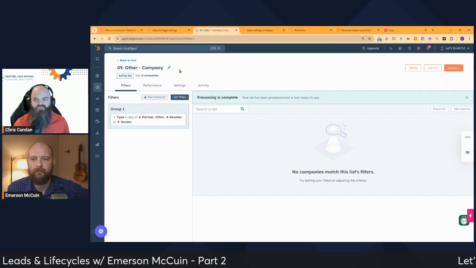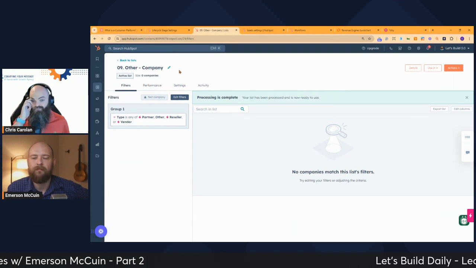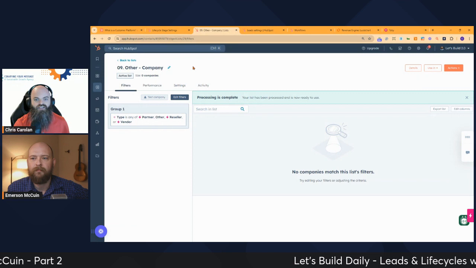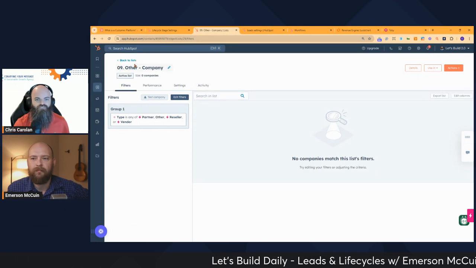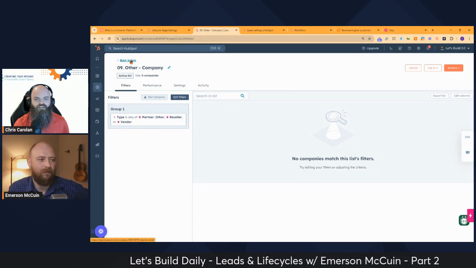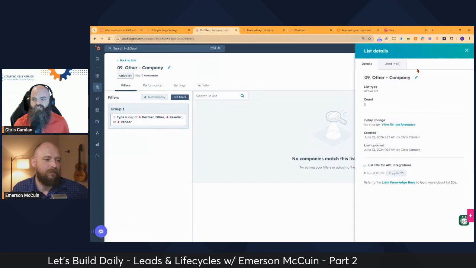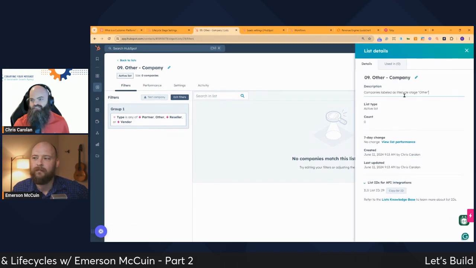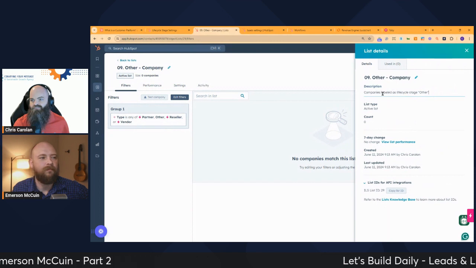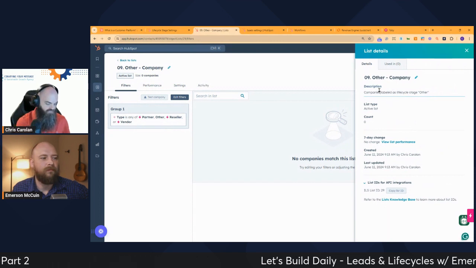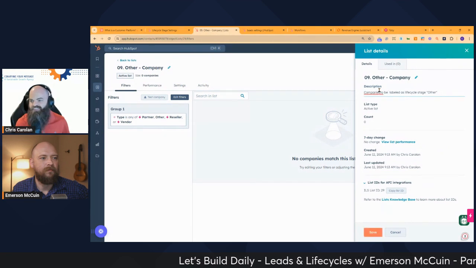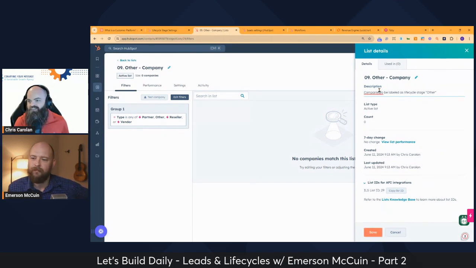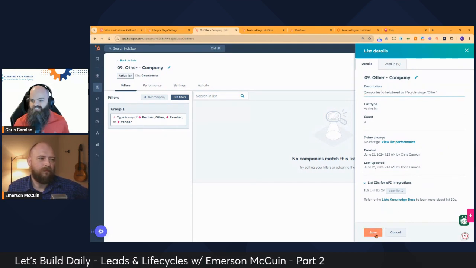So I'm going to use this list to action a workflow that assigns the label of customer lifecycle. Okay. So we're going to see where I can edit that. I'll just say to be labeled as lifecycle stage other.